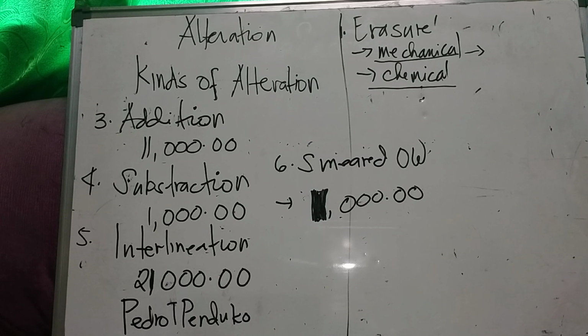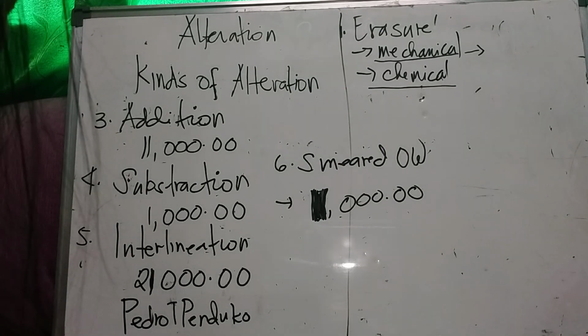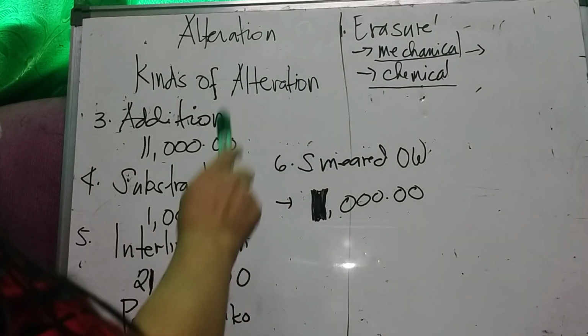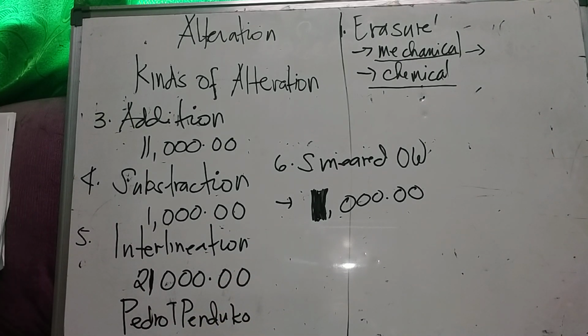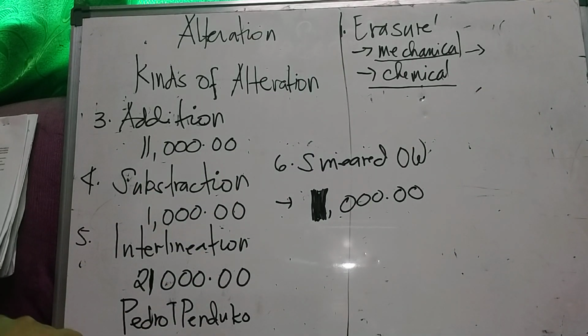So, alteration is the changes made on a document after its original preparation. I will give you some examples and applications on the kinds of alteration. We have to begin with erasure. Under erasure, we have two types: the mechanical and the chemical erasure. Under the application, they are just the same,